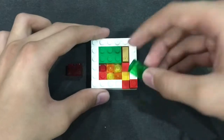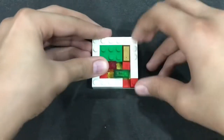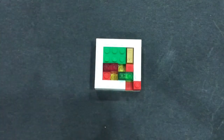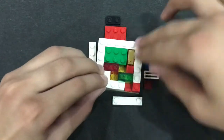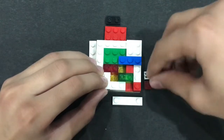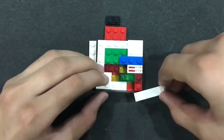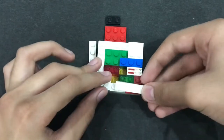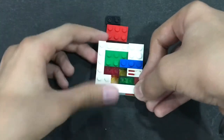Then I'll take a 2x1 transparent brick, another one. A transparent one is important because these can slide like this, and the sliding motion is important for making a puzzle. Now take a 2x2 plate, another 2x2 plate, a 1x3 plate, a 1x1 plate, a 2x1 tile, a 1x4 plate which has only 2 studs on the corners like this one, a 1x4 plate with 4 studs,